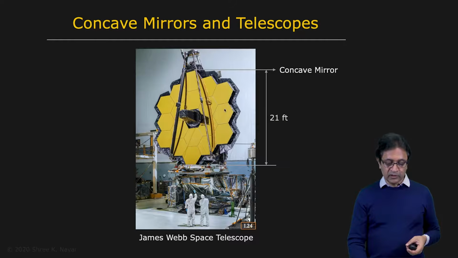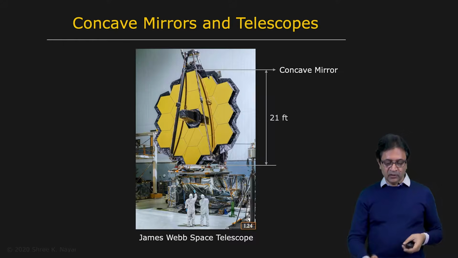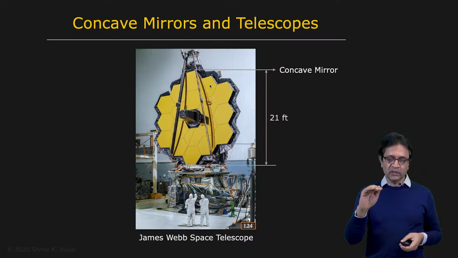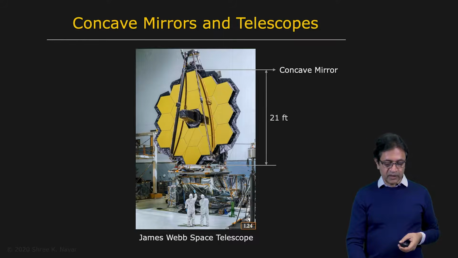And this mirror focuses the light coming in almost parallel onto its focus, which is where you would place the image sensor. That's the complete imaging system. This turns out to be golden in color because it's gold plated, because in this particular application, one is more interested in certain wavelengths of light that are best reflected by gold plating.